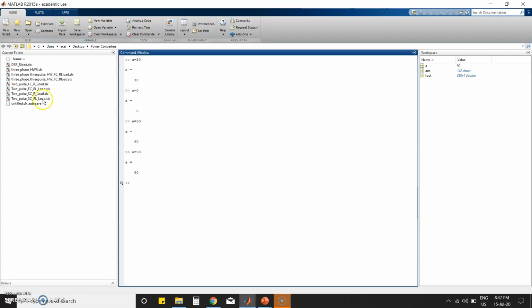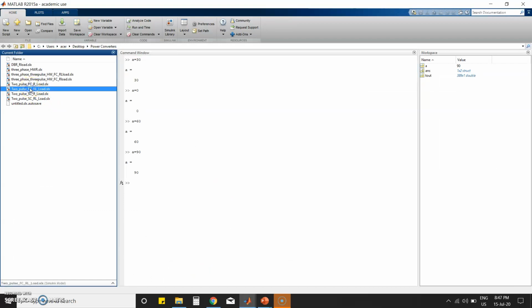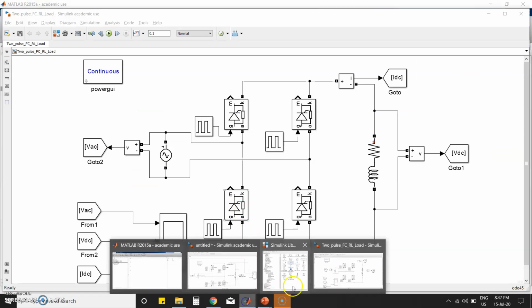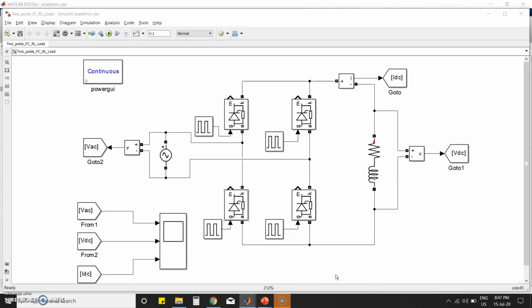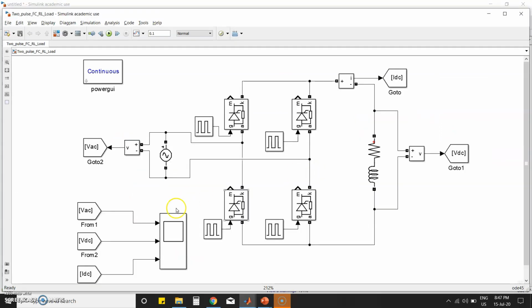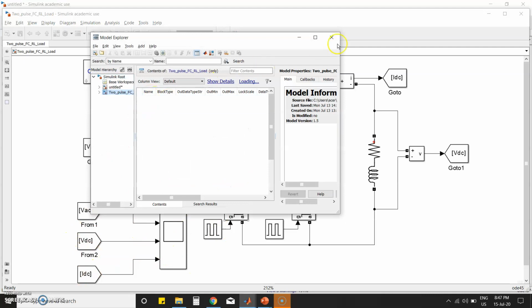I already drew the simulation block for the same. Just look at it. You can see the difference between this block and this one. Here you can see there was a clumsy connection of lines, but here we have the output on one side and the other things on the other.